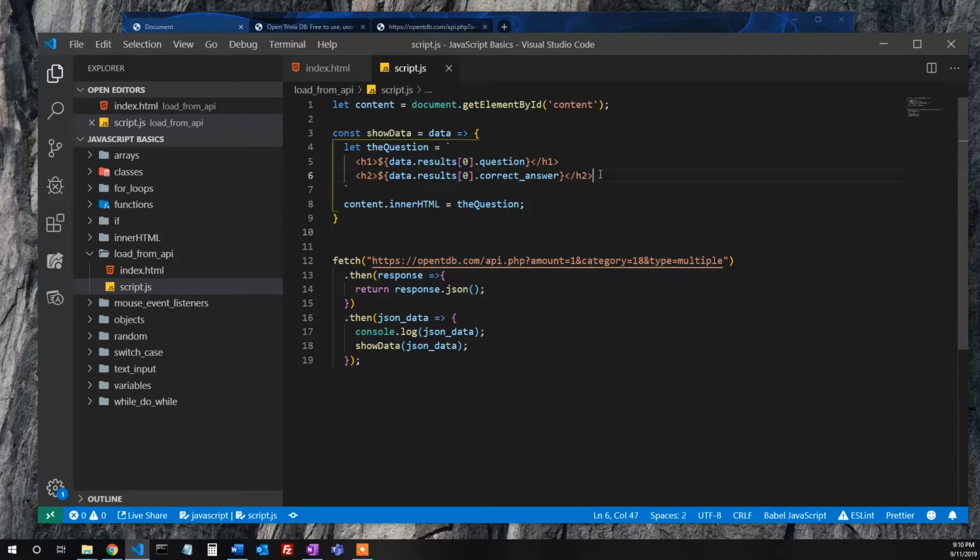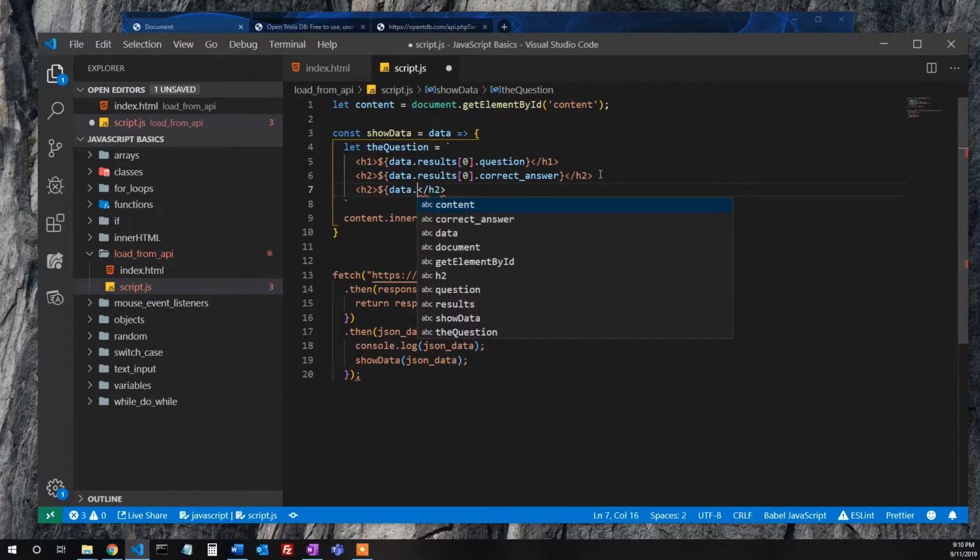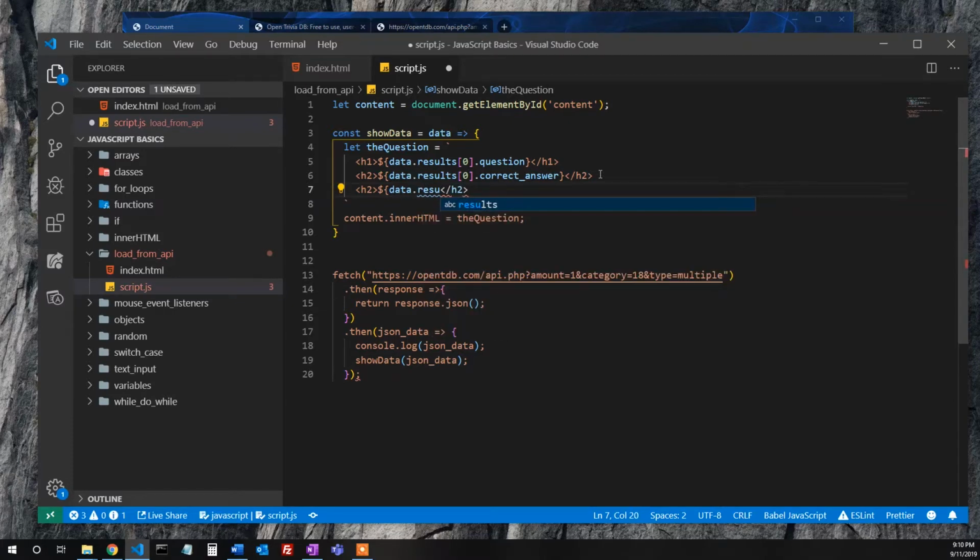Now, it gets a little trickier for the incorrect answers, because the incorrect answers go down another layer. They're inside an array. So we would do data dot, you know what? Actually, pause the video now, think about it, see if you can figure out what the 3 incorrect answers would look like. Okay, if you pause the video and figured it out, great. If not,